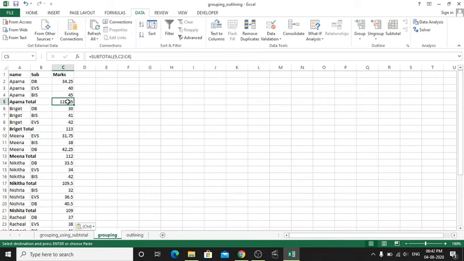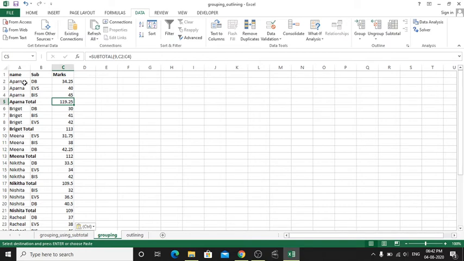Then only you can group the data on the basis of that total. Here Excel will analyze the data first, whether there is any total column or row or not. If there is any total row or column, it will collapse on the basis of that particular row or column.